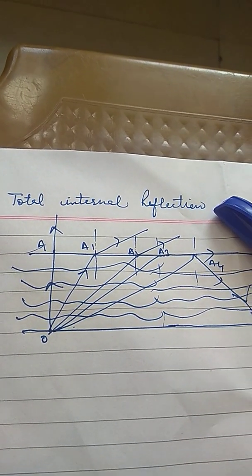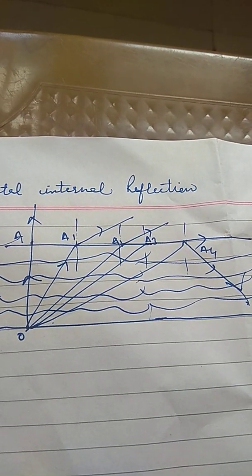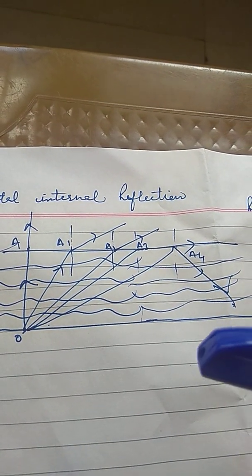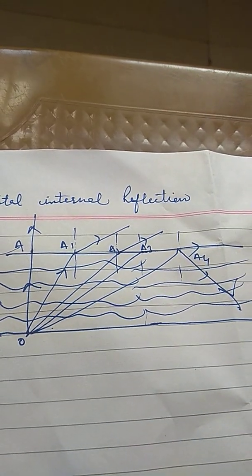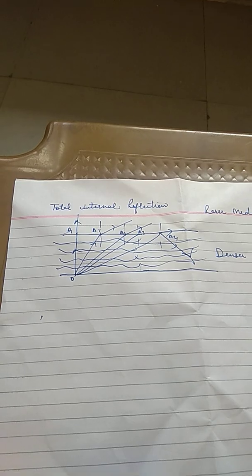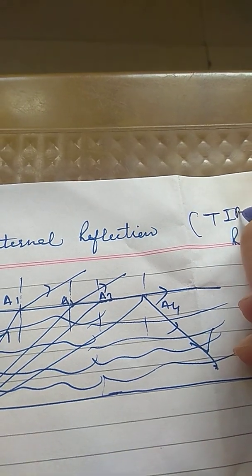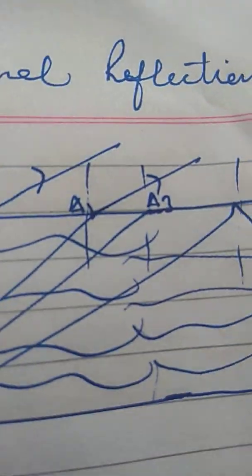I have downloaded two or three videos about optics and your basics, your relations between F and R. I think all these thoughts are clear to you. So today I'm going to start the next topic, TIR. The shortcut of this term is: T means total, I means internal, and R means reflection.